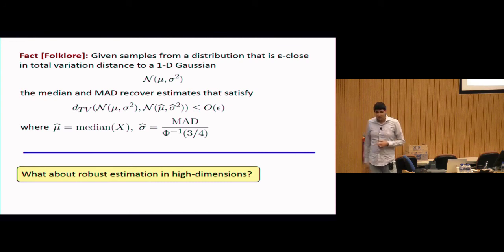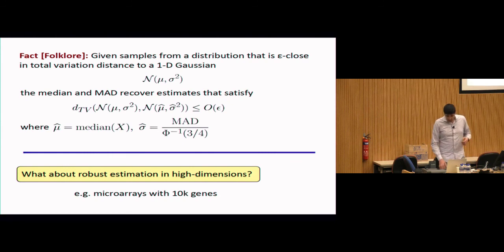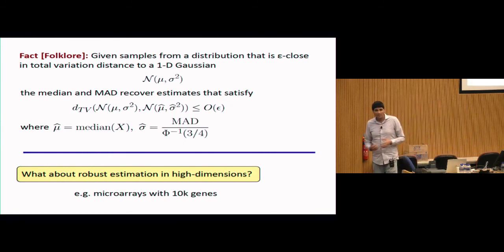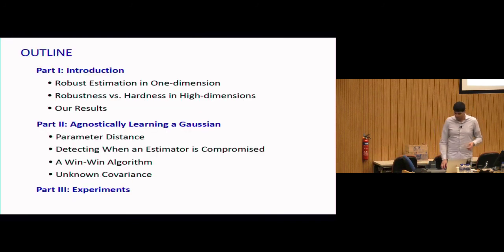So actually, the question that I'm really interested in is what happens in high dimensions? So are there provably robust high-dimensional estimators? And the thing you should think about, and I'm going to come back to some experiments later, is that in a lot of modern applications, we're really thinking like genetic studies, which I am going to show you some examples of. You're thinking about things which have tens of thousands or millions or even hundreds of millions of dimensions. So there's a lot of impetus for trying to understand what you can do that's provably robust in these contexts.